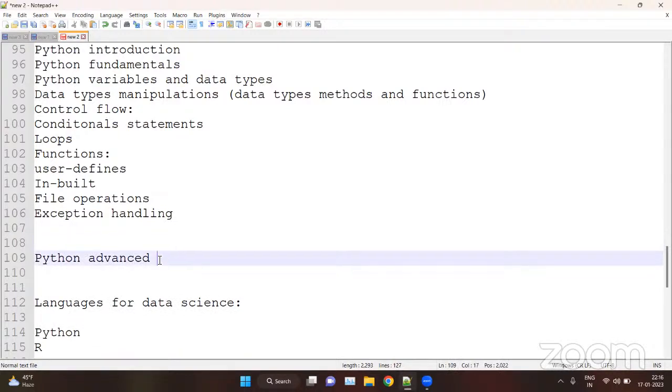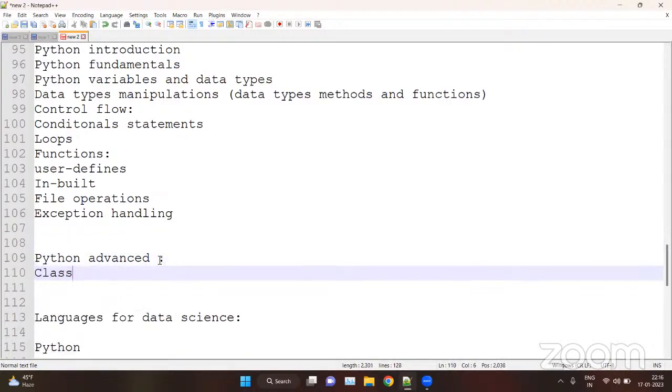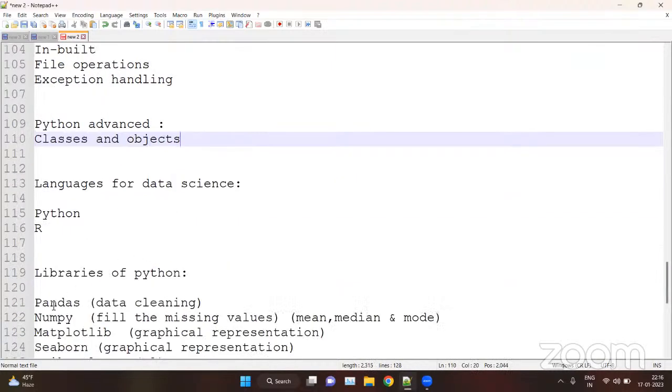For the advanced, classes and objects. Basically, that is not compulsory. The OOPS concept is not compulsory for Python, but you can go for it. It is very beneficial for you.